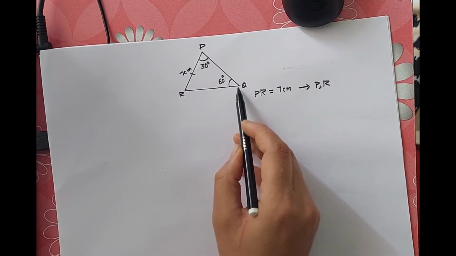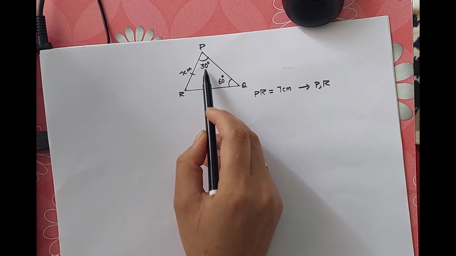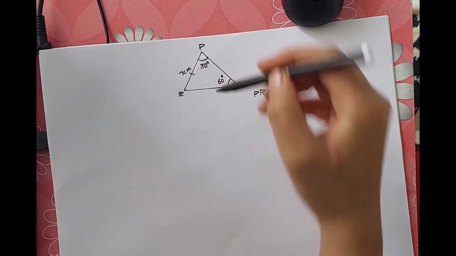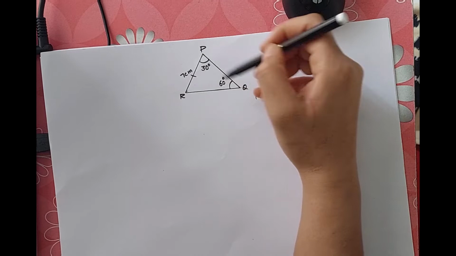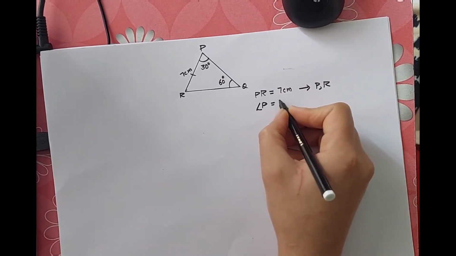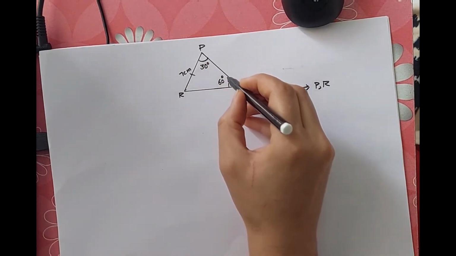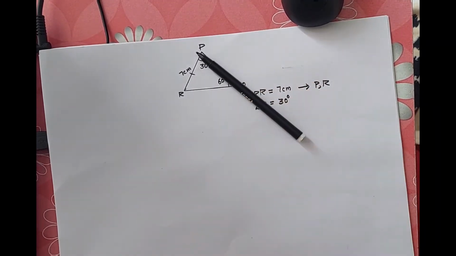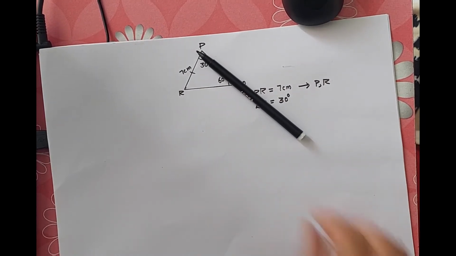How to reach Q? So one way out is to draw angle P equals 30 degree. So at least we will get a direction where Q is, because it's on the arm of the 30 degree angle. So Q is somewhere there. But on this arm, where is it going to be? Because the 30 degree arm can be this long, in fact, it can be longer than this. So how to fix Q?